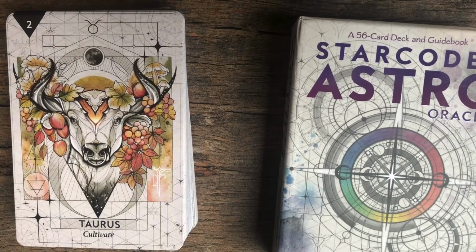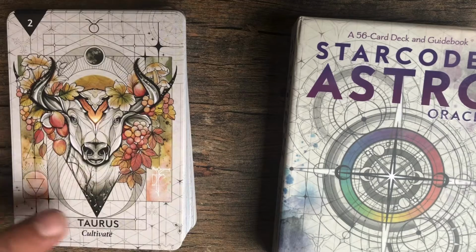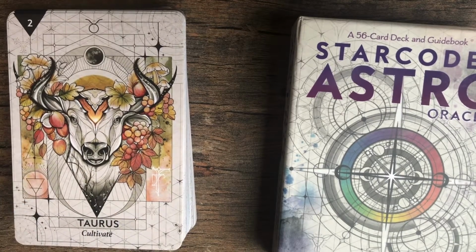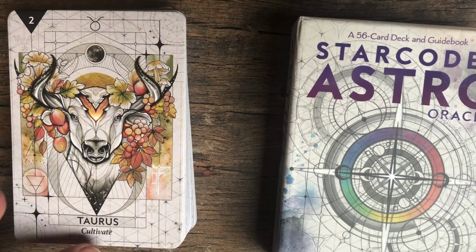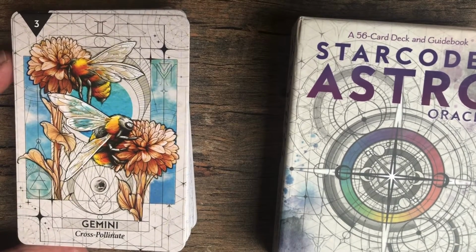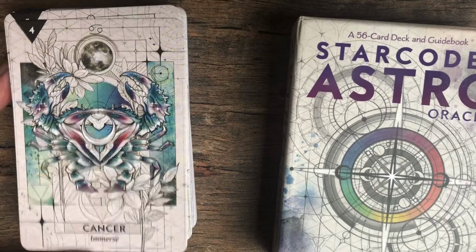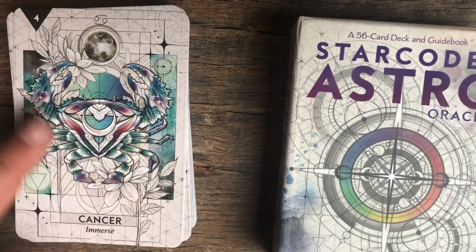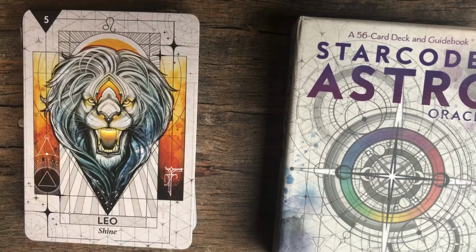Then we got Taurus with beautiful coloration. I like this olive green here mixed with the peachy pink tones. Quite lovely. So Taurus, the name, and then cultivate being the keyword. Gemini here, the twins, represented by these lovely bees here. Cancer, the crab. Lovely watery teal and turquoise colors. Leo the lion, not my favorite,